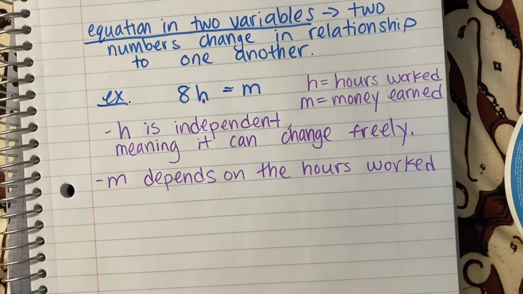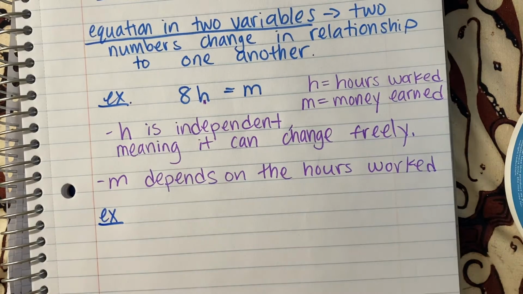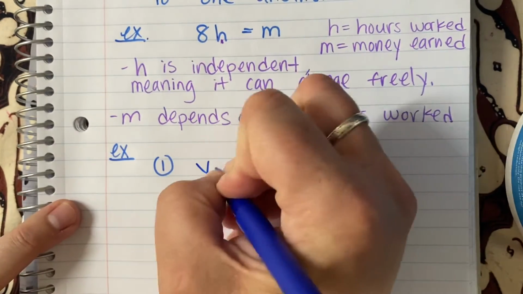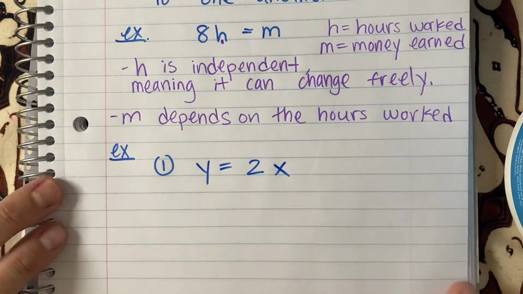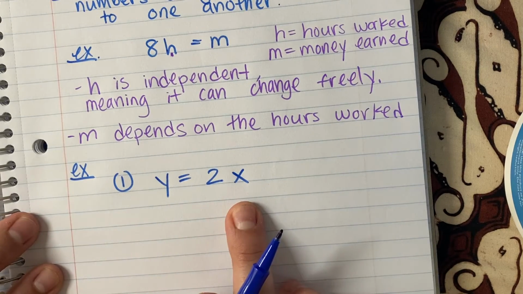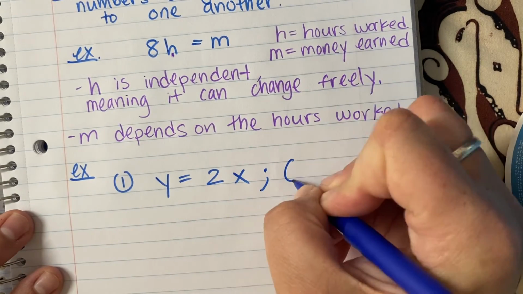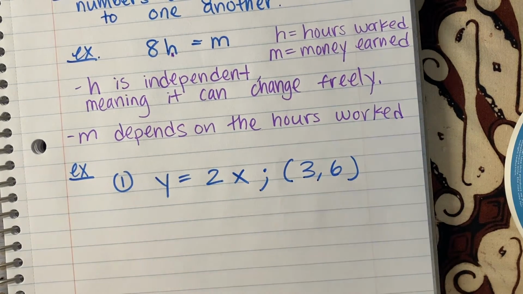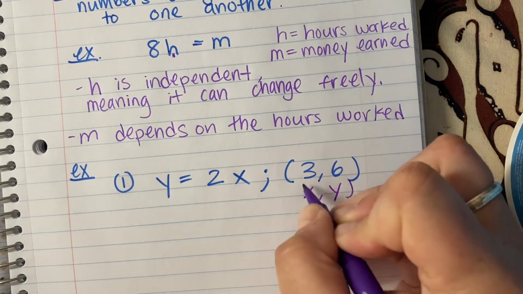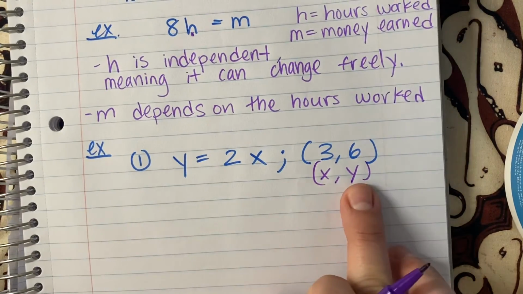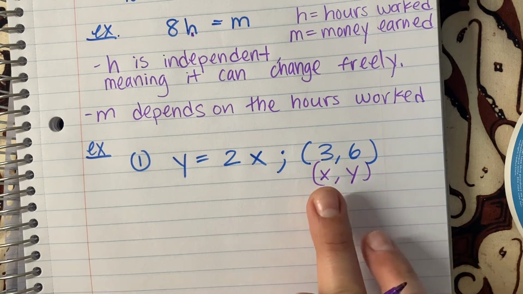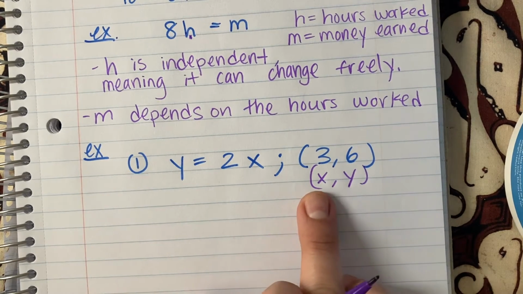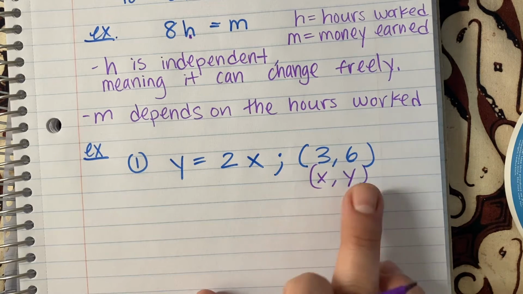Okay, so let's look at another example. Now we're going to identify solutions. So if we say we have y equals 2x, now in this case, they're going to give us an ordered pair. Okay, and they're going to write it like this, and they're going to write (3, 6). And don't forget, boys and girls, anytime you and I get an ordered pair, it's always going to go x, y, right? Just like the alphabet, it goes in order x, y, z, right? So when we get an ordered pair, if you need to label it, it's always x, then y. So what we need to do is we're going to replace x with 3 and y with 6,